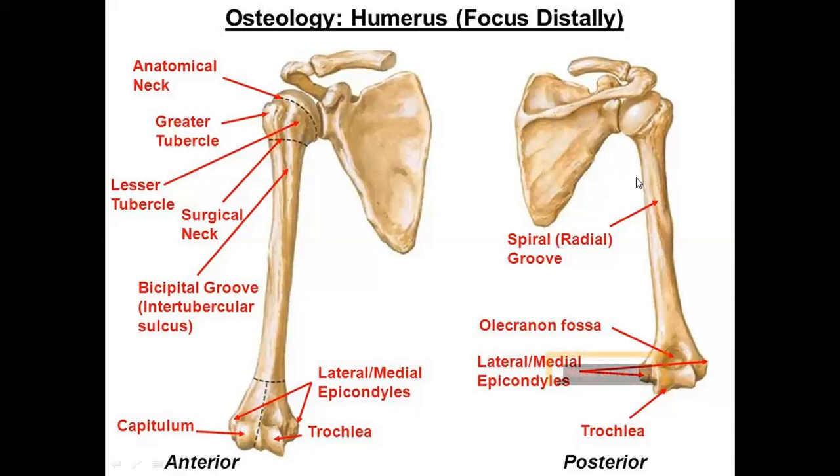Then, as you see, this is the posterior aspect, and I told you this is the right humerus. If you observe here in the middle of the shaft, you have a bony elevation, the deltoid tuberosity. And here you are finding one groove called the radial groove or spiral groove, which gives passage to the radial nerve.